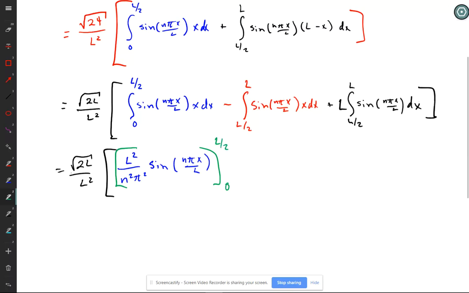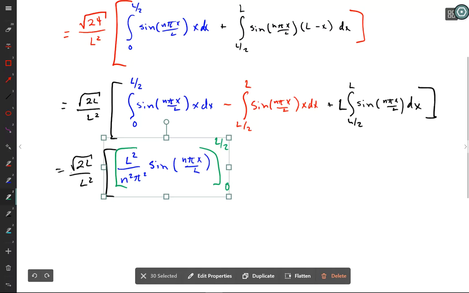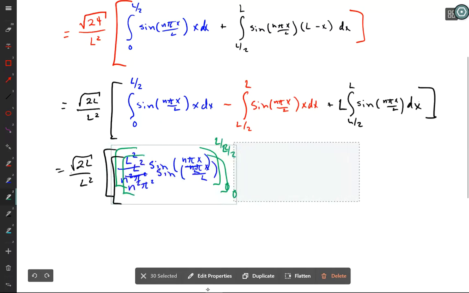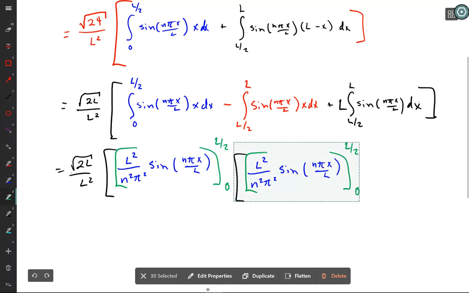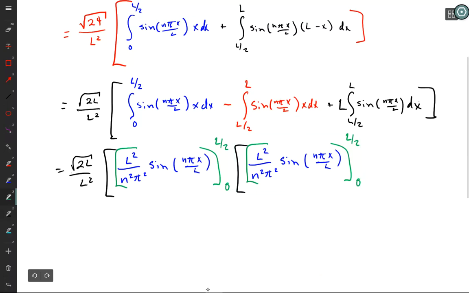I'm going to copy this. I'm going to duplicate this just to save myself time. Minus the same integral, but with the limits changed. That's the red integral. And then my last one,